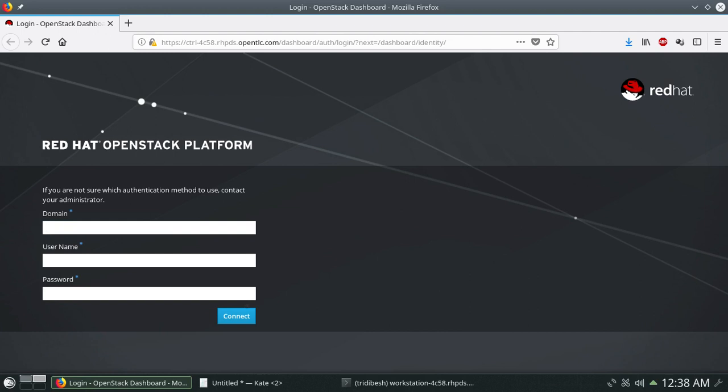So as we still didn't use any domain user inside our OpenStack or given any permission, we will not be able to log in with that, or if we log in also we will not be able to see anything. So as of now what we'll do, we'll just verify whether we are able to log in with our local admin credential or not. So for local users you have to put the domain as Default, and for the remote users you have to give that specific domain name. Like in our case it is Red Hat. So if you are logging in with user A or user B, you have to use the domain name as Red Hat and then you give the username and password.